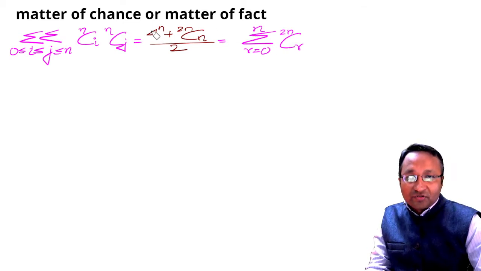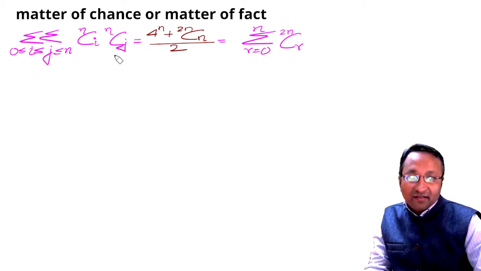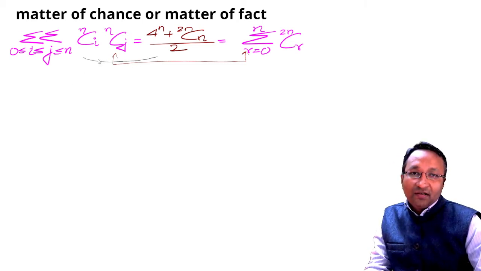Incidentally, this also comes to the same value, (4 raised to n plus 2n choose n) by 2. Now the question here is whether this is a matter of chance or a matter of fact. If it is a matter of fact, then I should be able to connect these two directly as equal without even knowing the value that it is (4 raised to n plus 2n choose n) by 2. So first I'll prove the left one, then the right one, and then probably directly without